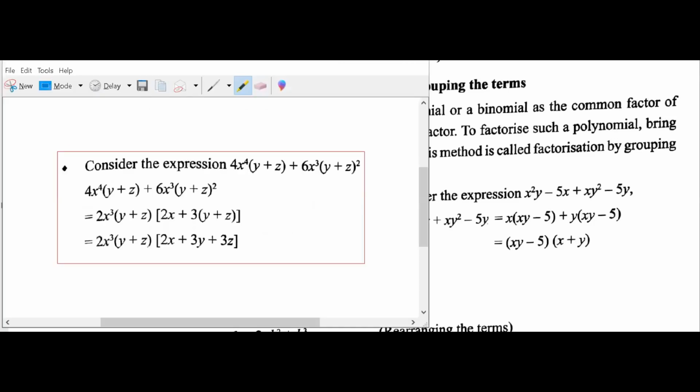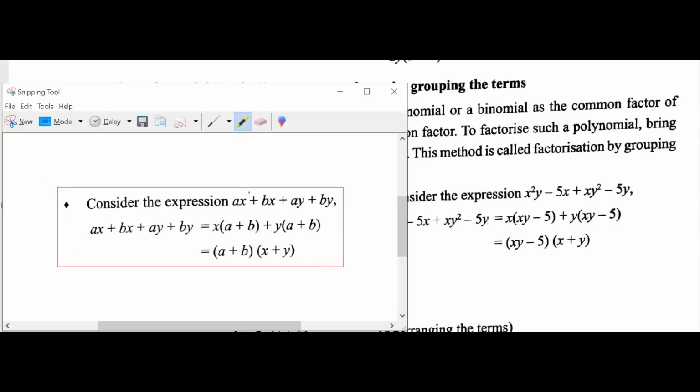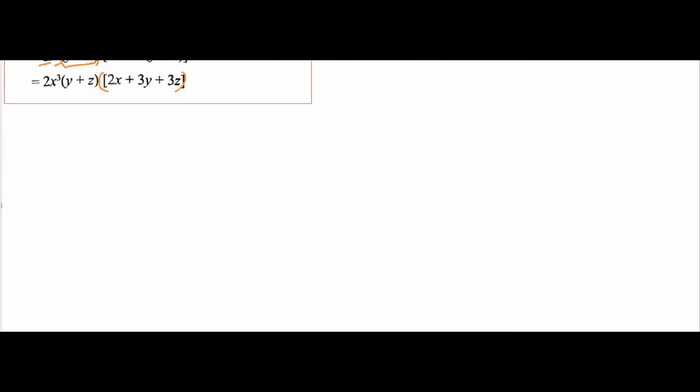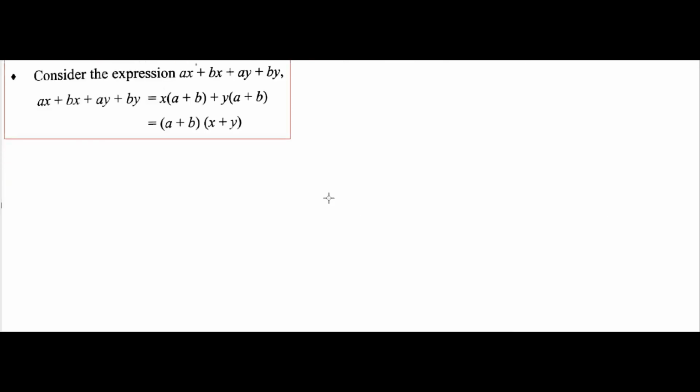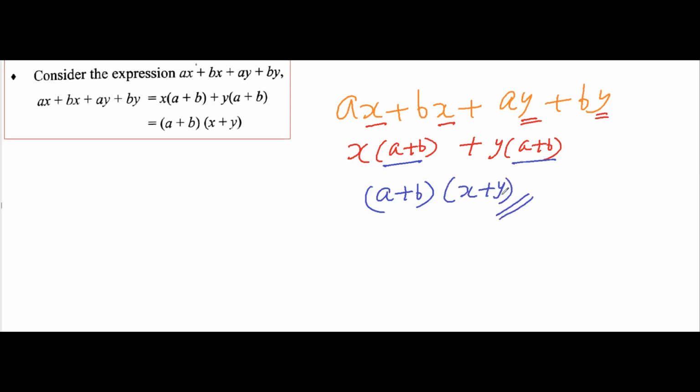Okay, let me explain this, that will be better. So here, ax plus bx plus ay plus by, you can take common. Which one will you take common? Say, x and x I am taking common. So what I'll get in the bracket is a plus b. Similarly over here I can take y and y as common, so I'll get a plus b in the bracket. Now when you see carefully, this a plus b is also common. So I will take a plus b as common, and within the bracket I will get x plus y. So this is one way.